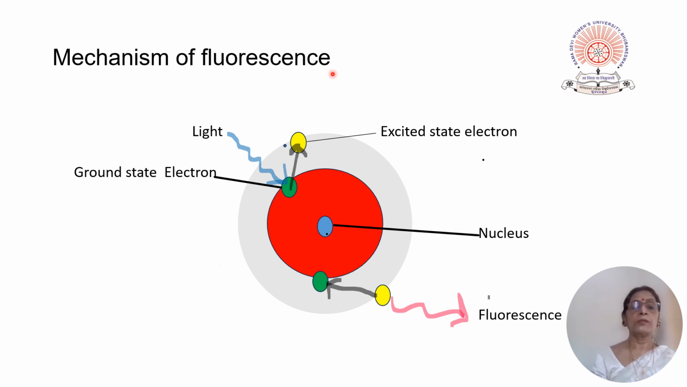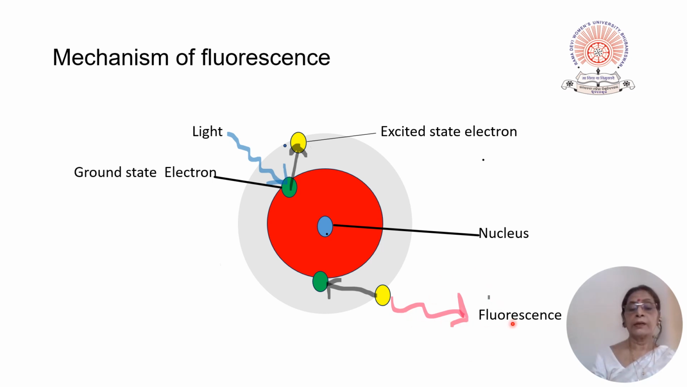This is the mechanism of fluorescence. This is the atomic nucleus and the orbit of the electron. This is the ground state electron. When it absorbs light of certain wavelength, it is excited to the next level or the excited state, it becomes the excited state electron. When it gets back to the ground state, it releases extra energy in the form of fluorescence or phosphorescence depending upon the level of excitation. So this is fluorescence